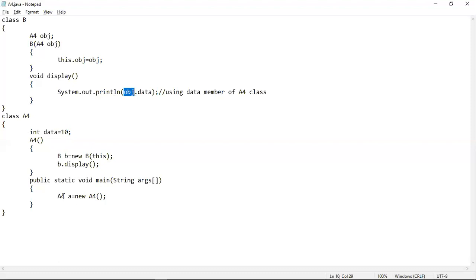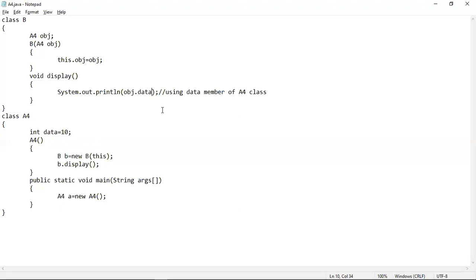A is an object of A4 class itself. And we can easily access the data variable of this A4 class using the object of this class itself. So this statement will not give you any error. This statement will instead use the data member of this A4 class, which is this one. So this portion will give you the output 10. So this program will actually give you an output 10.